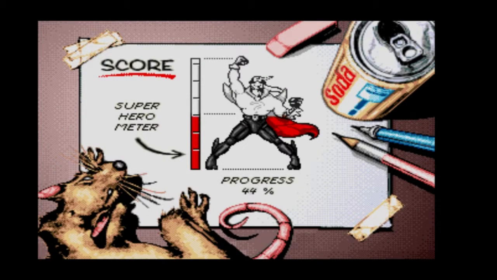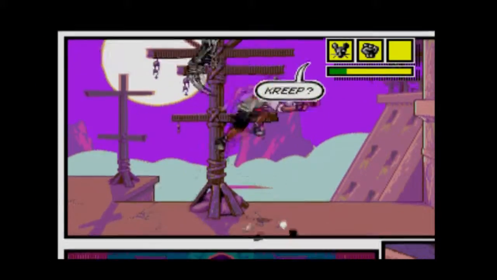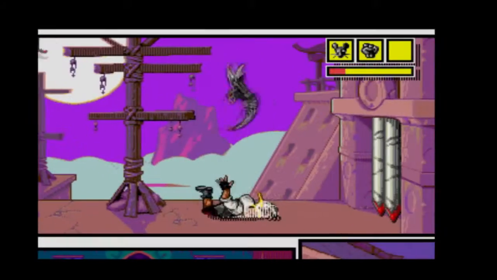So here we are. We're moving on. We're 45% complete. Now, there are 6 levels, although you see that 7th area up at the top. That depends on how you beat the last area. You know, not to be all spoilery, but...